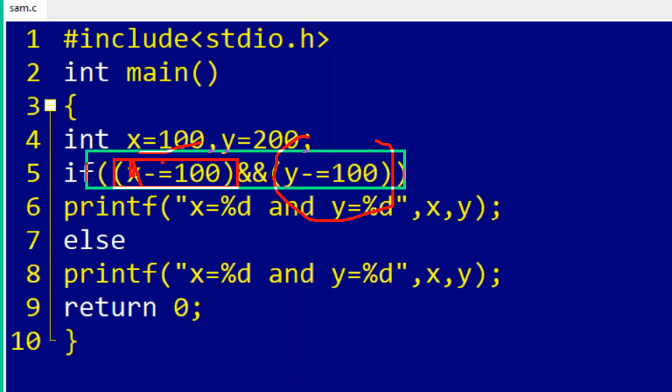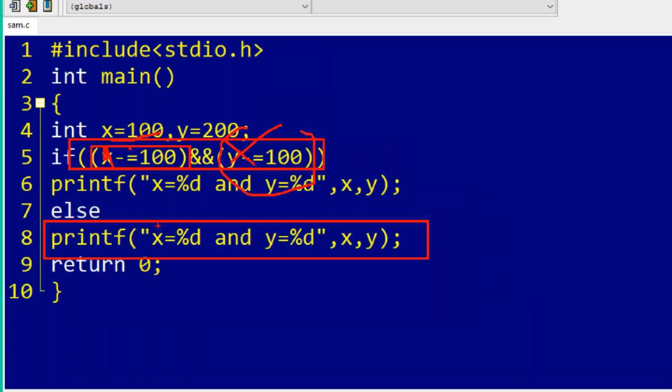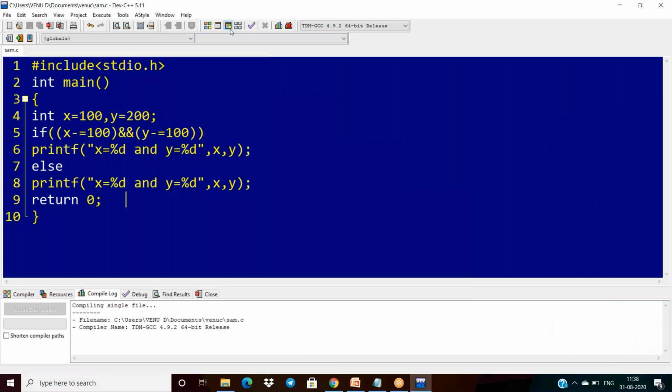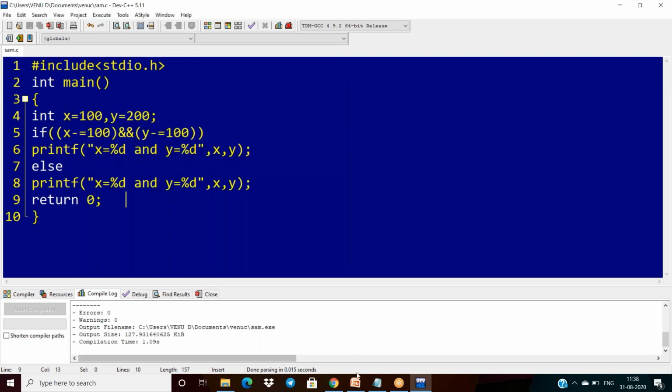The compiler blindly takes it as false, and the second value is not evaluated here, so it is not modified. Because of that, y will be 200. Only x is modified. So the answer is 0 and 200. These are the two special cases.